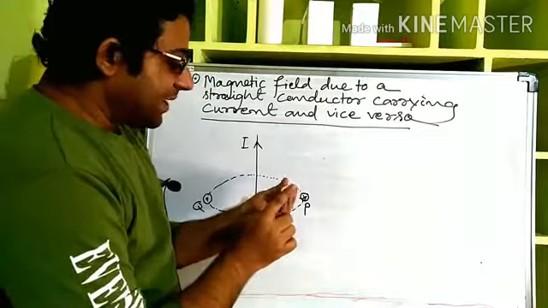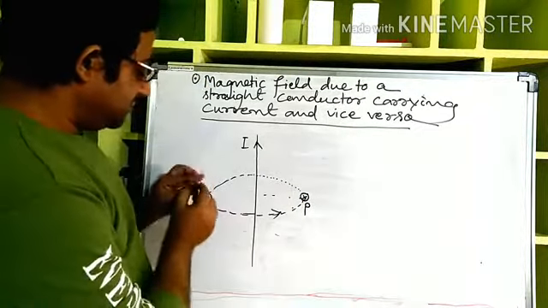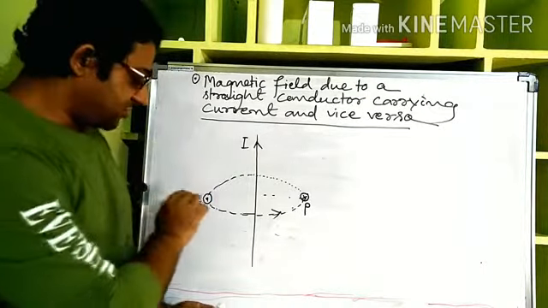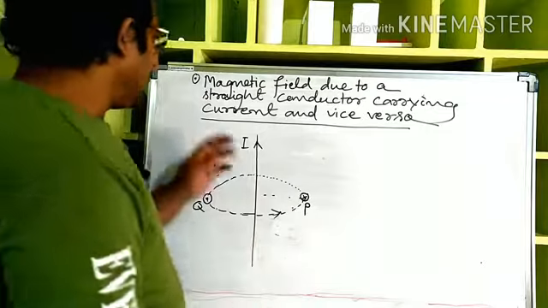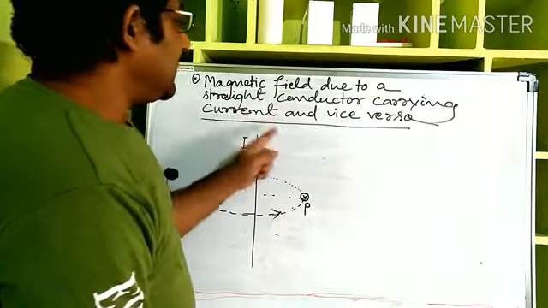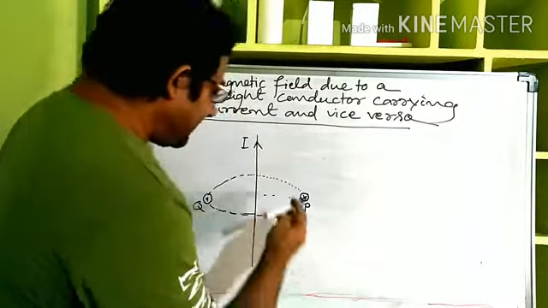So you are seeing the back portion that I am showing by a cross symbol. Here it is coming out, so you are seeing the tip. That's why I showed one dot here. Now, magnetic field due to a straight conductor carrying current and vice versa, which means if there is a coil carrying current,